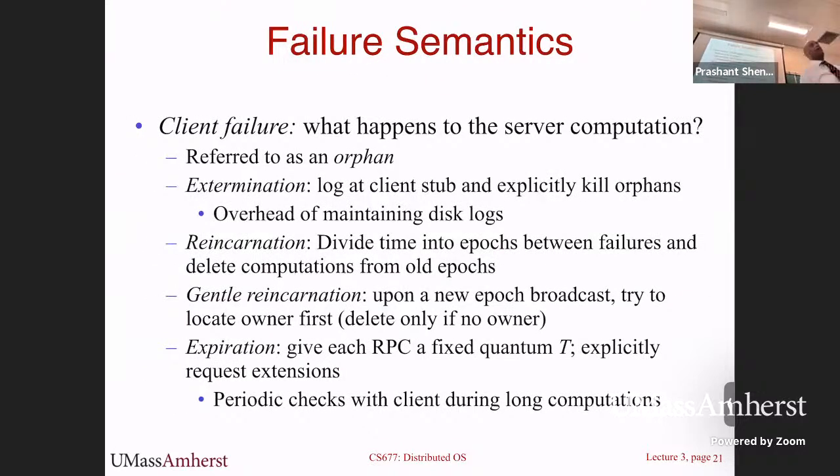Okay, and then the server might fail, and then the client might fail. Client sent a request. Okay. Before the response comes back, the client has crashed. This can happen as well. Okay. What should the server do? Okay. So typically the server will send a reply and the reply will never reach the client,